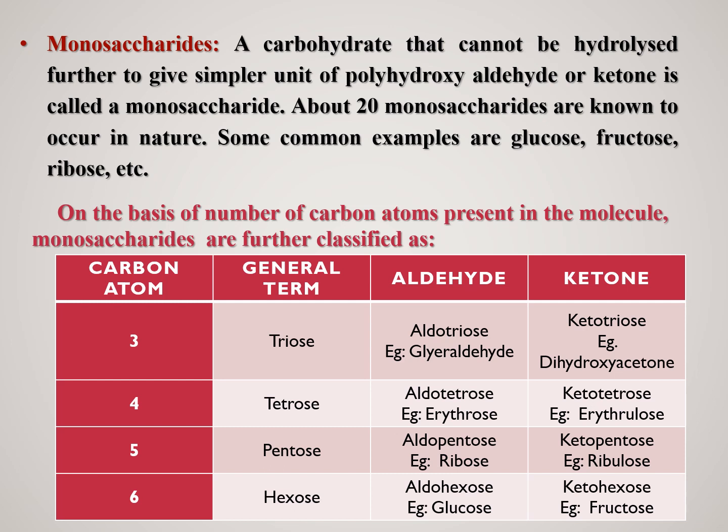For example, ribulose. If they have 6 carbon atoms and an aldehyde group, they are called aldohexose, example glucose. If they have 6 carbon atoms and a ketonic group, they are called ketohexose, and the example is